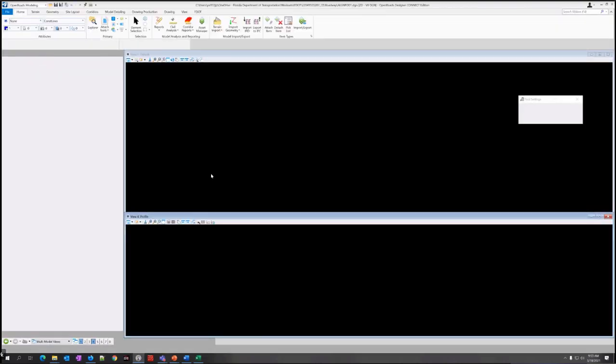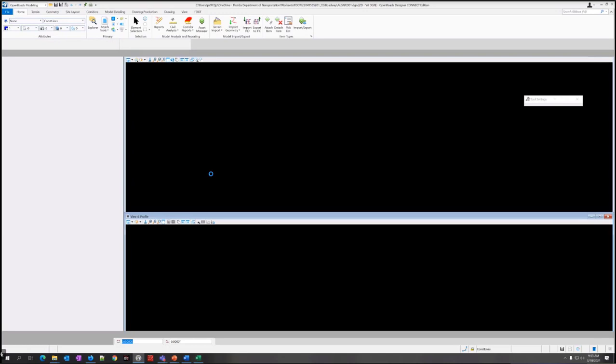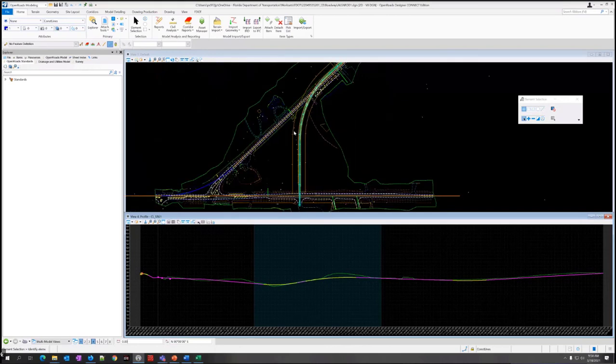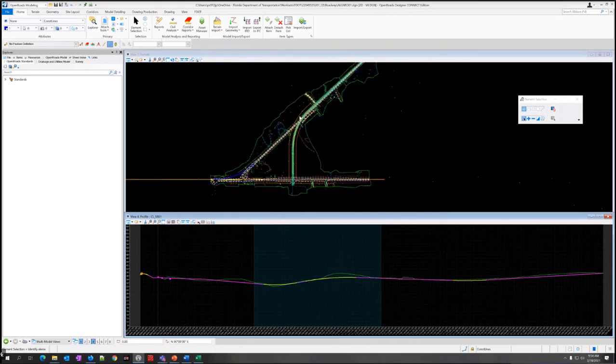This is one of the big changes from the SS4, SS10 workflow: super elevation now lives in this file in a separate model within this file. It's still going to get assigned to the corridor and referenced into the model file. So it just goes straight to the alignment, which I happen to have some other things referenced in just because we were constructing an alignment and needed some references to set it up properly.